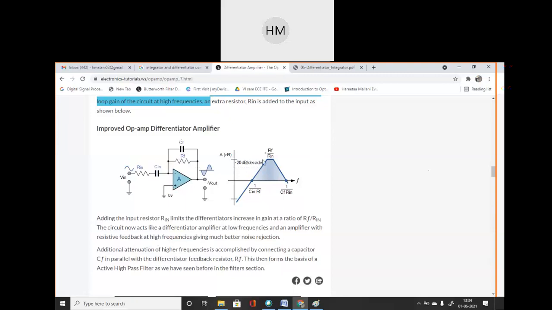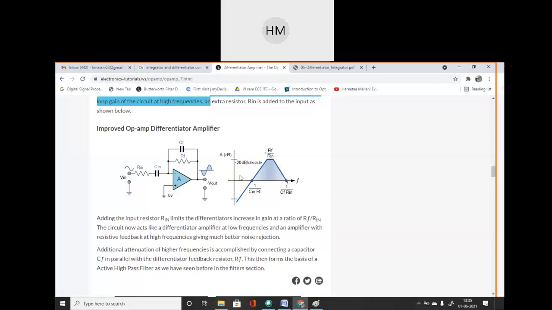Okay, you can see a graph of gain with respect to frequency. Initially, when frequency increases, gain increases slowly, and you can see at a certain level the gain is constant, when only RF and Rin are working, and neither CF nor Cin is working. After that, the gain reduces at higher frequencies. I told you the problem at higher frequencies was that my gain was becoming unstable, so now the gain reduces here and it is not getting unstable. So at higher frequency CF came into existence, this CF.